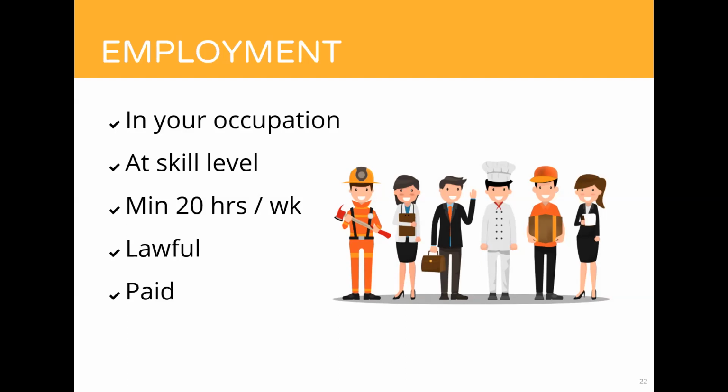Now, when you're claiming points for employment, you also need to think in advance that the Department of Home Affairs will want to see evidence of this. So that will include an employment reference that will detail your tasks. It will include appointment and termination letters, contracts. It will include pay slips, tax documents, superannuation documents, bank statements. So if you say you have worked for 5 years, but you can only get evidence of 3 years, you have to be cautious about what points you're going to claim. And employment is only considered within the past 10 years.